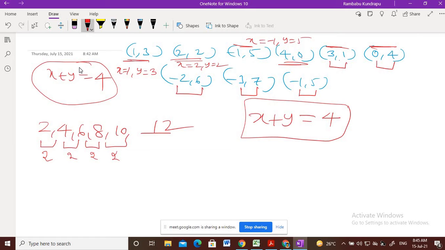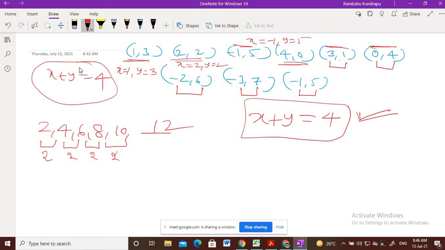But this is an extra topic. Forming an equation is not in our senior secondary level. But here I am explaining, because in +2 you have asked me, that is why I am explaining. See, this is a simple equation, that is why we are able to form the equation easily.